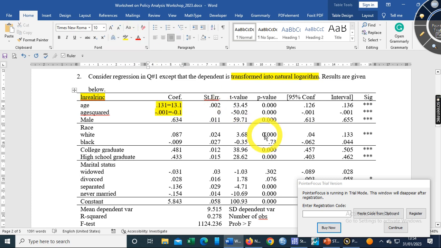What does that mean? As age squared increases by 1 year, the individual's income decreases by 0.1%, keeping other things constant. And here that is going to be 63.4. And when we interpret this,